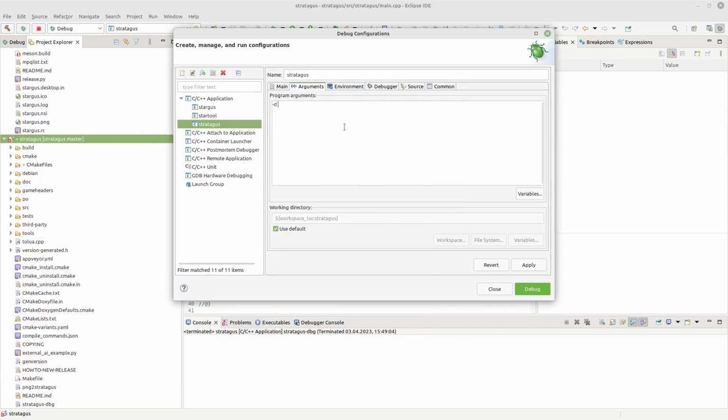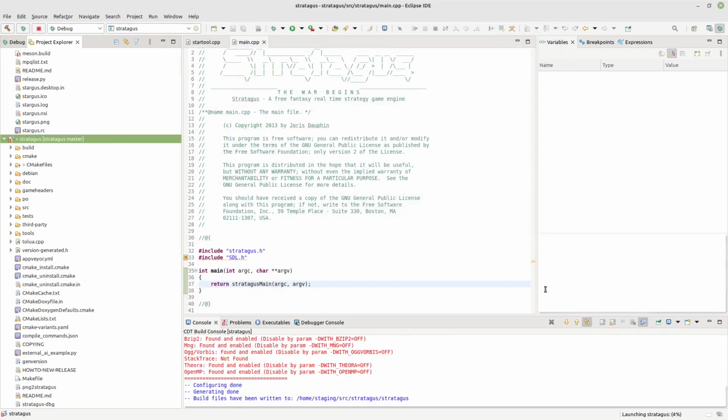So we will use this path: slash home, staging, .local, share, Stratagus, data, Stargus. This is the default path. Apply, debug,